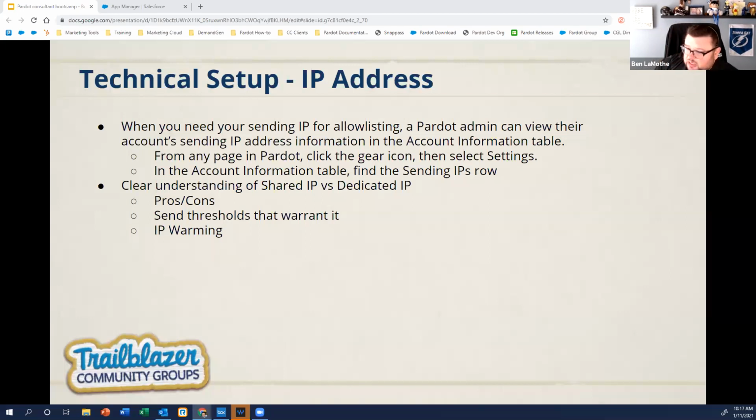Something else, since we're talking about IPs and email volume, and some of you may have experienced this. I've been on the receiving end of this before, and I have clients that have been as well. Pardot is pretty aggressive when it comes to ensuring that their IPs are kept clean and have good reputations, because obviously they have a lot of clients on them. So they tend to go out and try to identify and weed out, or encourage better behavior of, bad actors. If you have a large email send, several thousand people,